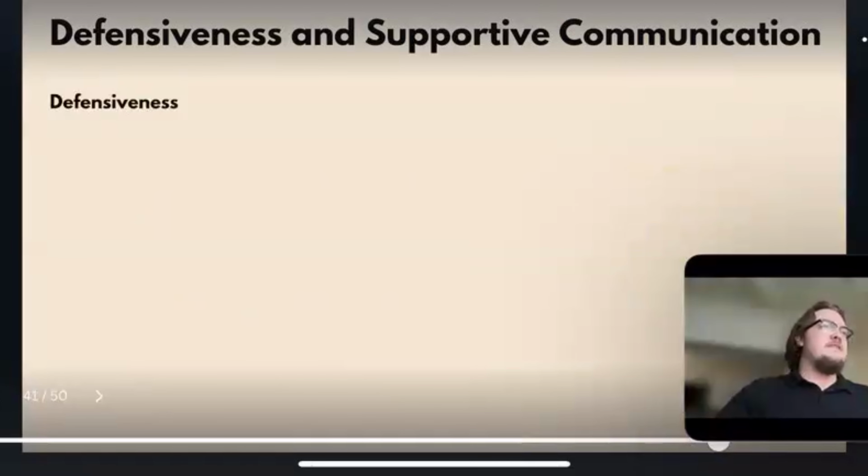So let's talk about defensiveness. Some of you probably have heard friends or family say, "Oh my God, Millie, why are you getting so defensive?" Or, "Oh my gosh, why are you being so defensive? I'm just asking a question." We've all heard it. And in some instances, it can be really hard to hear. I know it's really hard for myself to hear it.